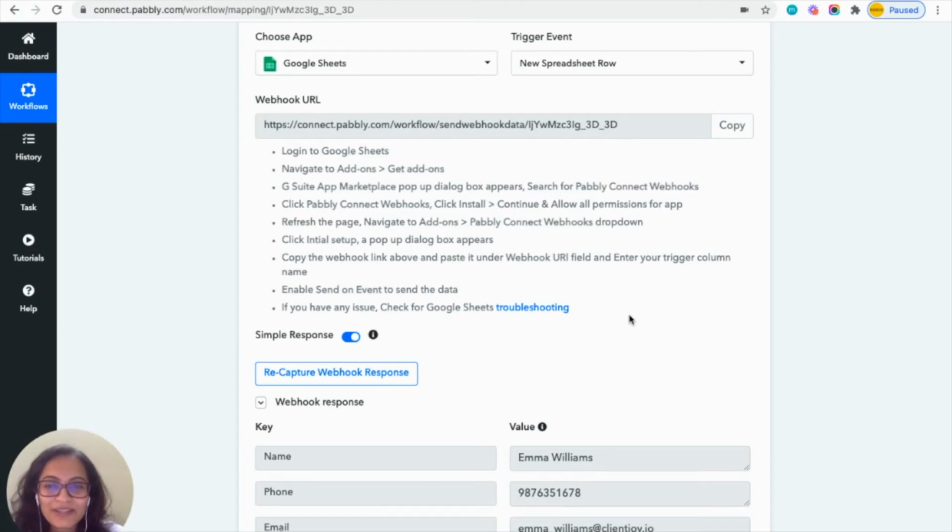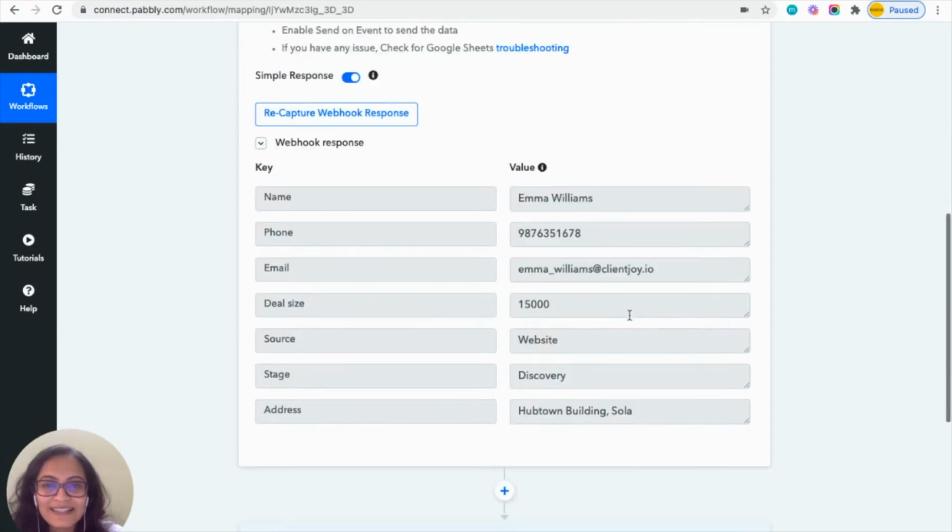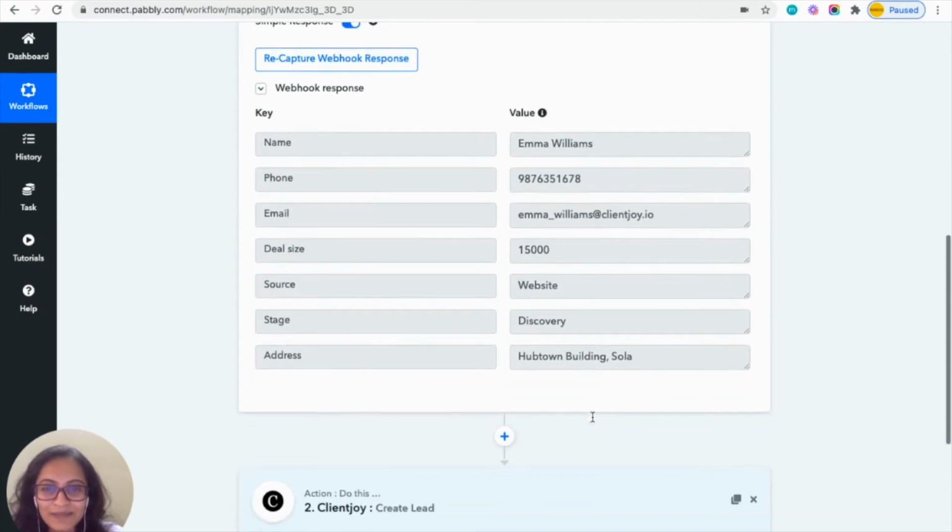Now you can come back to your Pabbly account and you can see that it has captured the details from Google Sheet that you have entered.